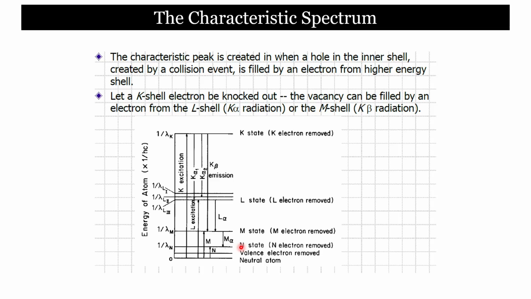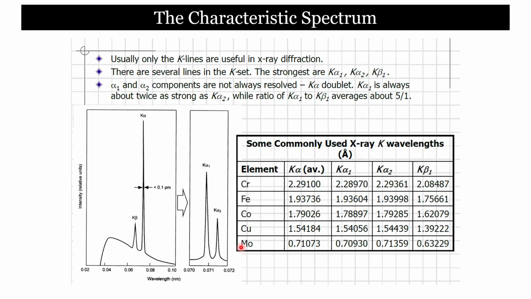So depending upon the shell from which the electron is being emitted, and depending upon the shell from which the vacancy is being filled, you can have different kinds of radiations. Usually only the K lines are used for X-ray diffraction, but you can have K alpha 1, K alpha 2 and K beta 1, which are very strong radiations. Alpha 1 and alpha 2 are not always resolved. Sometimes you can have the K alpha doublet, like in this case,